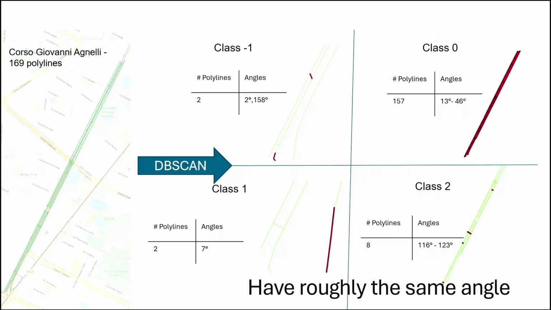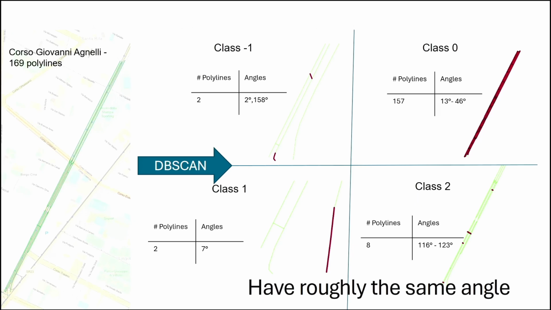For the second one, we reclassify the polylines in the same group using DBSCAN, based on the value of the angle. DBSCAN not only reclassifies the data, but can also find outliers. The outliers will be excluded from the next stage because we already know at that point that they are not part of the multi-lane scenario.